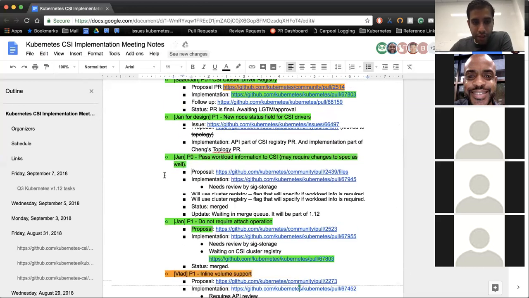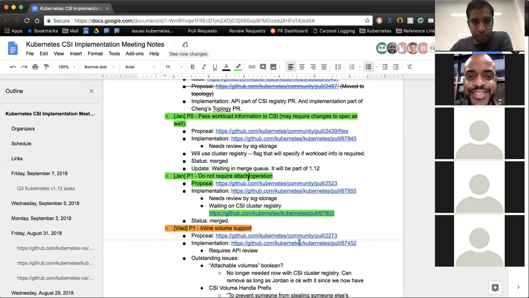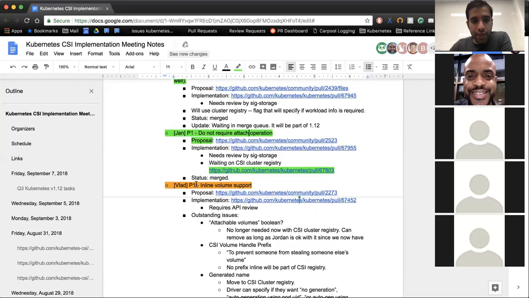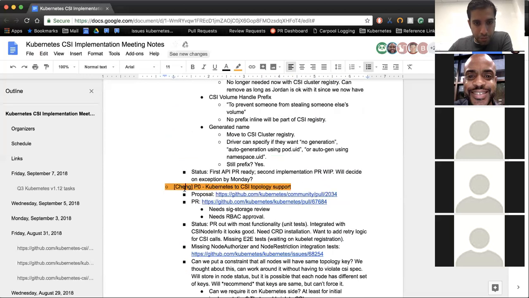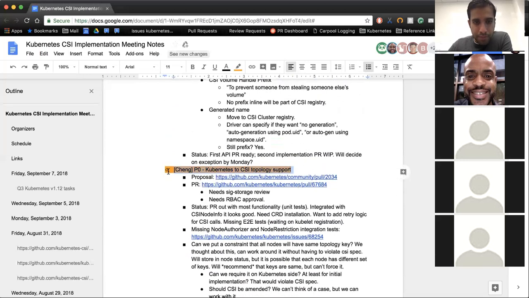They can write a driver that consumes that and sets up the skip attach. And then instead of specifying the volume inline, they just have to create a PV/PVC this quarter to use it, which is a little bit ugly, but we'll clean that up whenever inline volume support goes in. And maybe possibly we can get inline volume support in this quarter too, but it's looking tight.